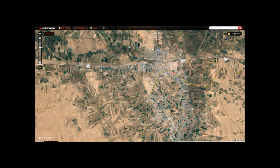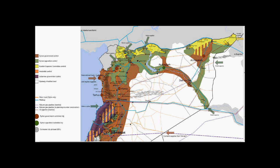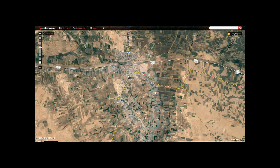are right upon the town of Yabisa, and I'd imagine what they are going to attempt to do is probably take and hold Yabisa, and then depending on whether they have enough men or not, they are going to either try to take the town if they have enough men, or perhaps wait for reinforcements to arrive from the east and then attempt to surround the town completely before trying to take it, because the town was taken about 6 months ago by rebel forces, the FSA,